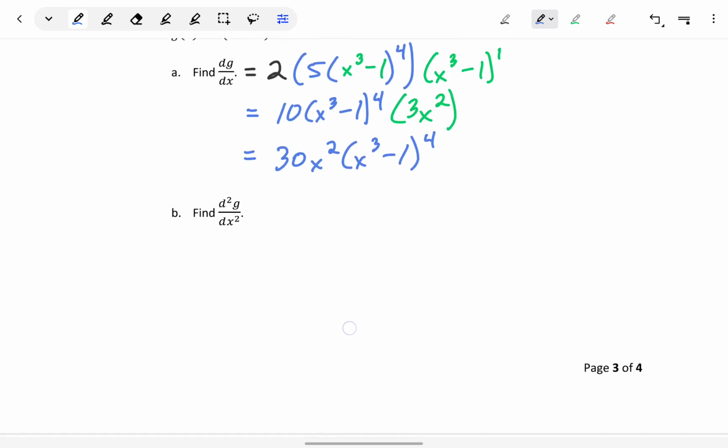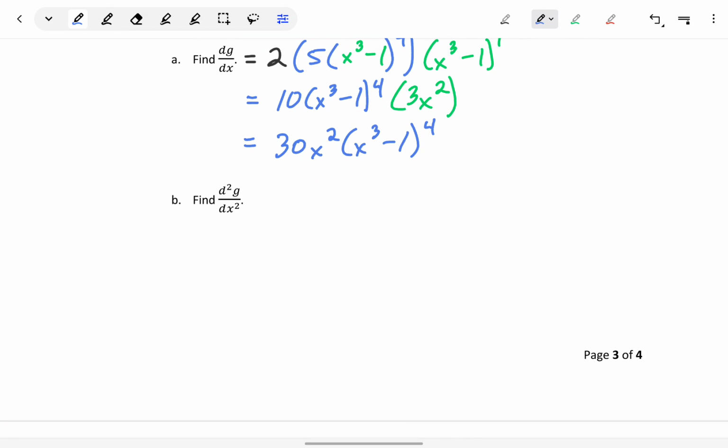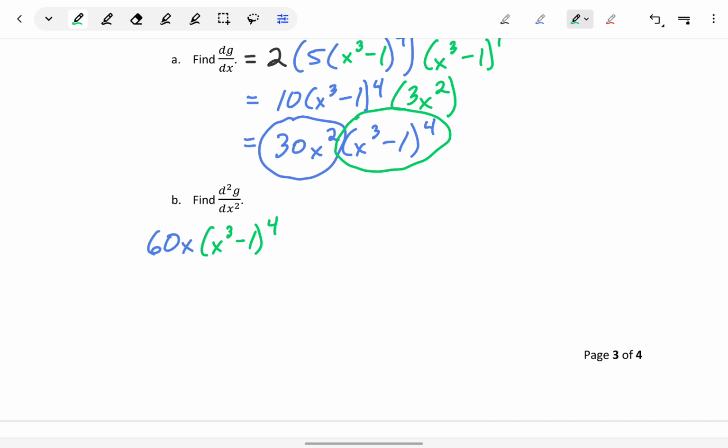In part B, we want to find the second derivative, which still means we're going to take the derivative of our first derivative function. But now we have to apply the product rule because we have two functions being multiplied together. Meaning to find d squared g over dx squared, we'll find the derivative of 30x squared, which will be 60x, times x cubed minus 1 to the fourth power,